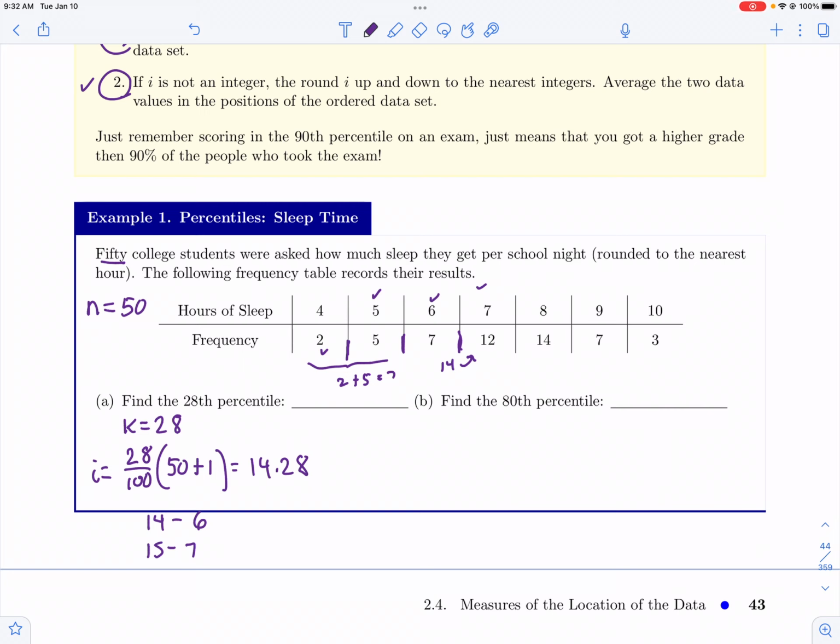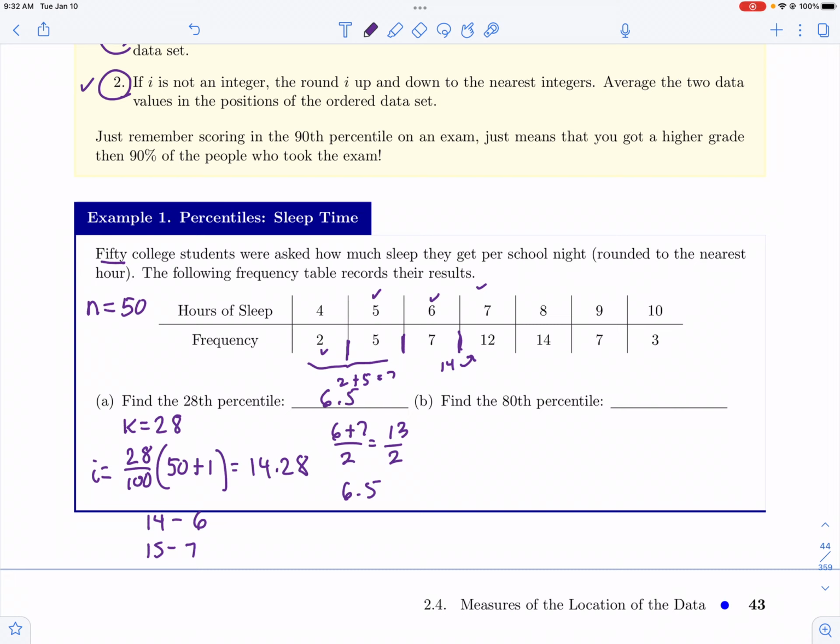All right, so now that we figured out where each of our numbers are on our location, now it's time to average them together to get our percentile. So we're going to get 6 plus 7, all divided by 2, equals 13 divided by 2, which is the same thing as 6.5. So the 28th percentile, so the number that's located at the 28th percentile on our data